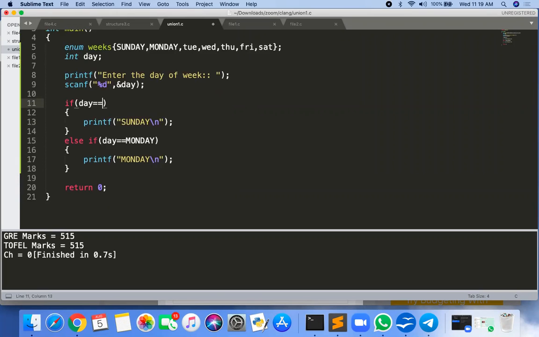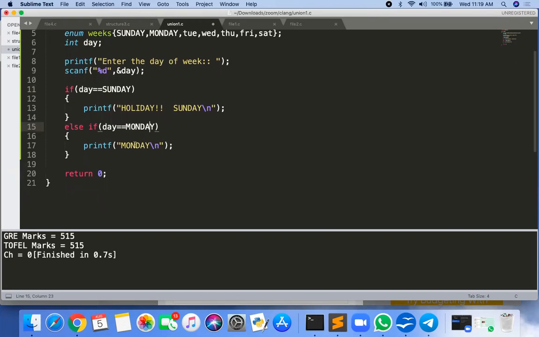If day equal to Sunday, then printf Sunday, or you can even print it is holiday. Yes. Now Monday, working day.